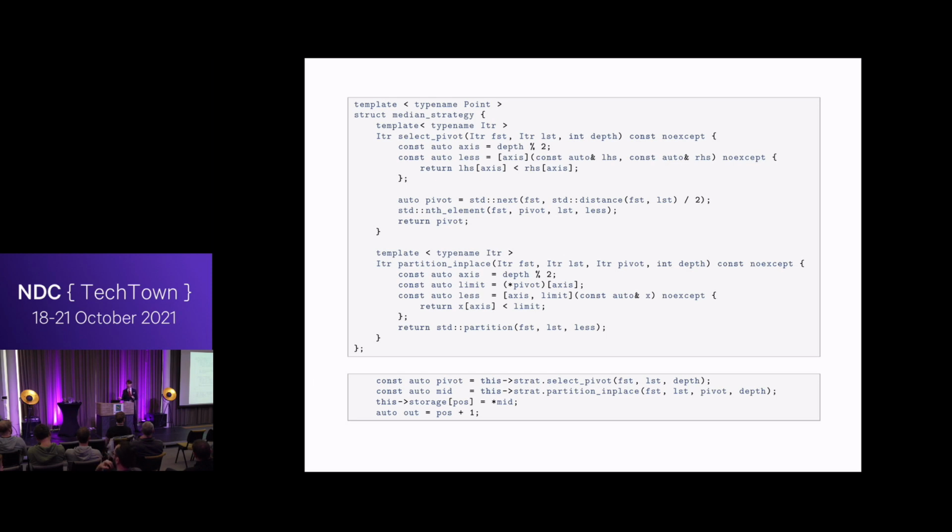Or instead of just doing mod depth to get the axis, if you know that you're going to have a very flat but very wide spread out set of points, it might be an idea to partition twice on the x-axis and once on the y-axis, right? But this is not much easier to do because you've